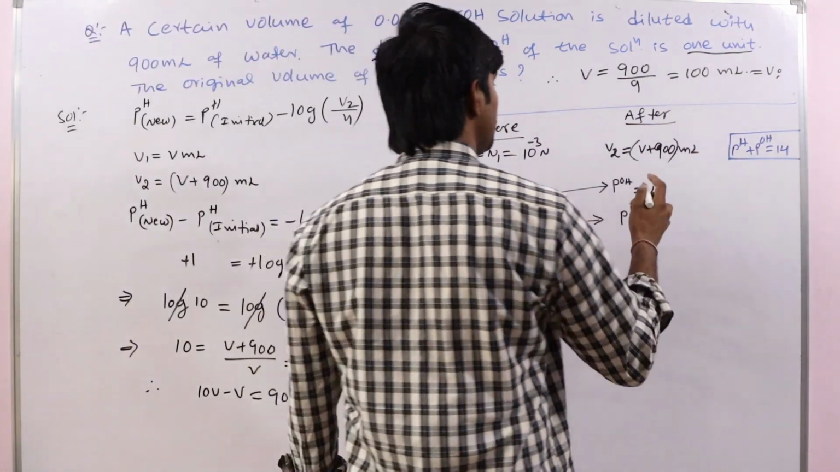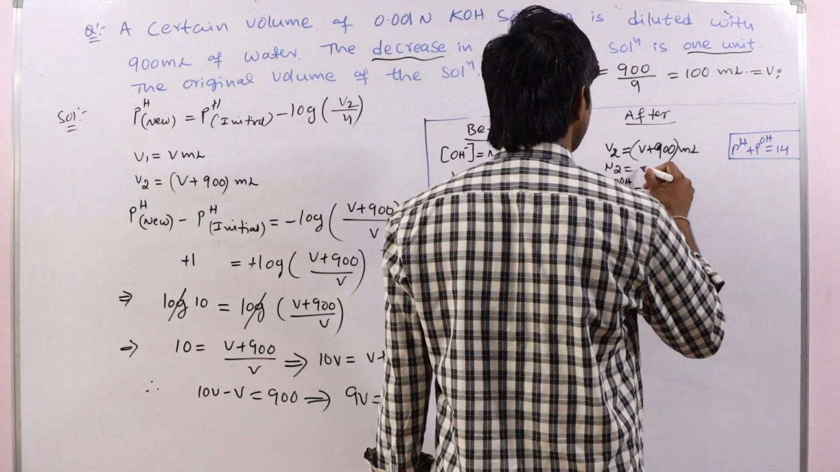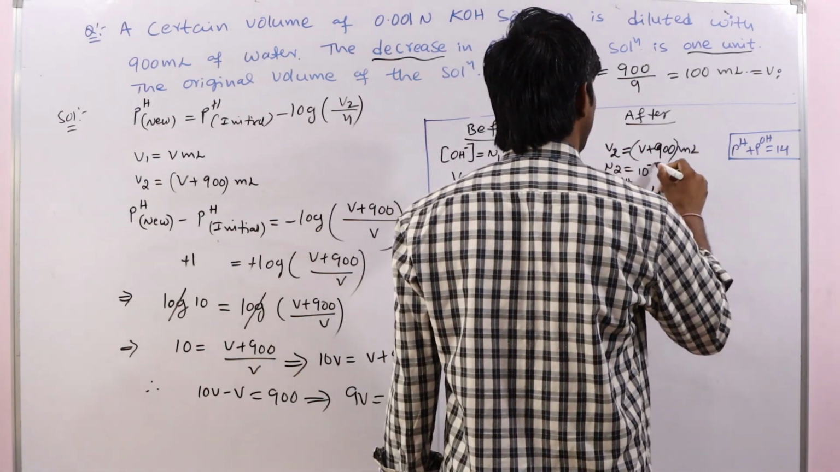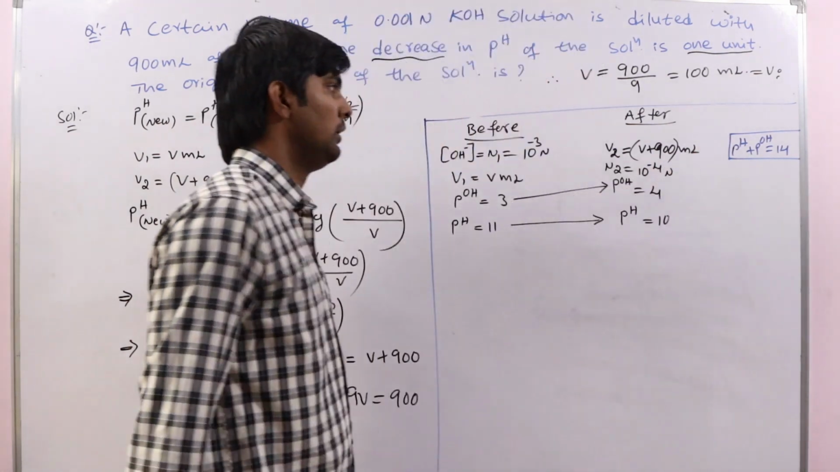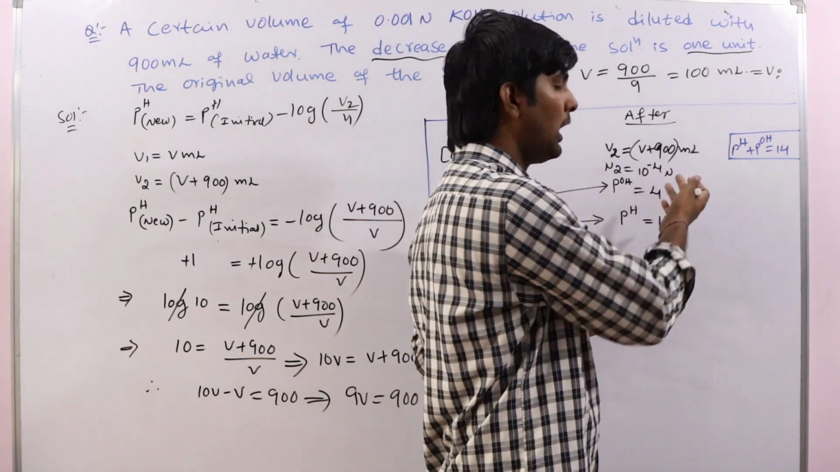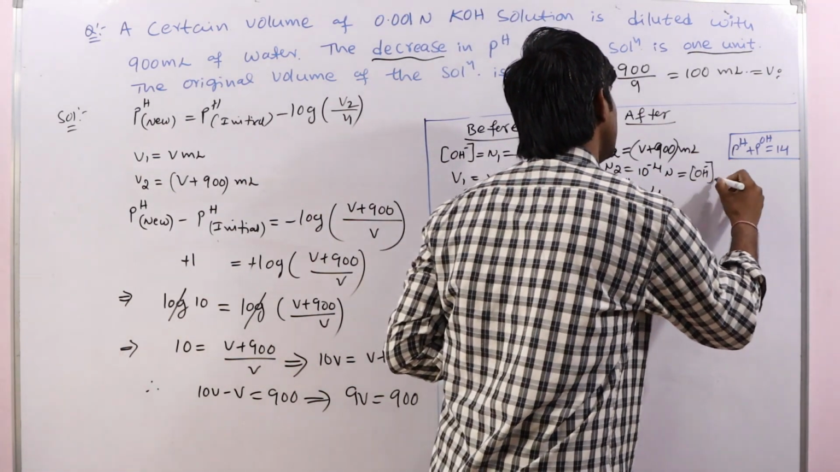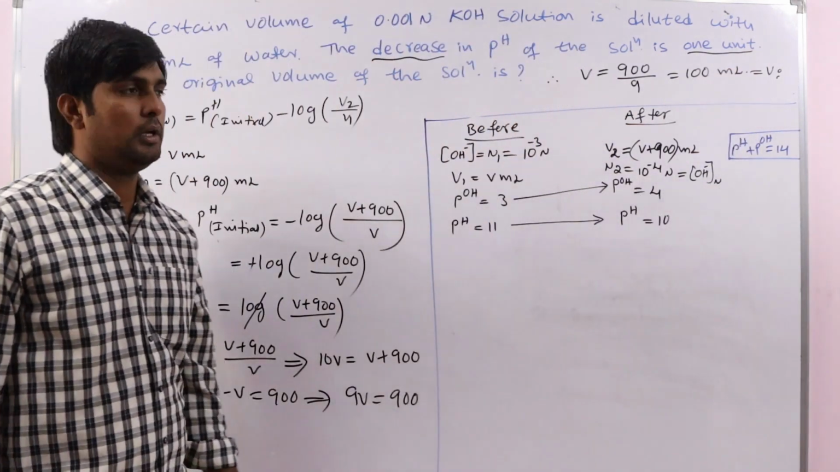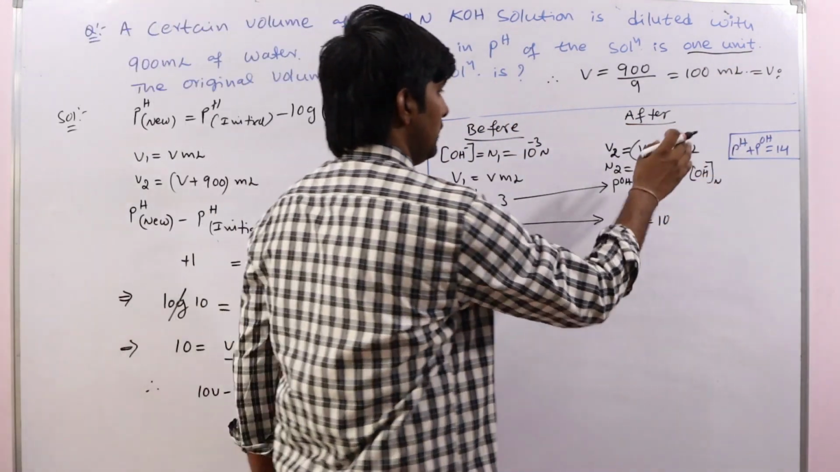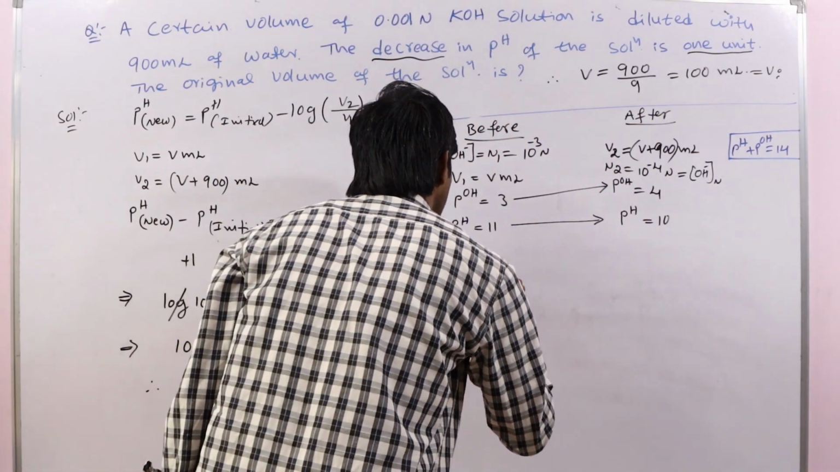So pOH is 4 means concentration will be 10 power minus 4 normal. Yes or no? N2 equal to 10 power minus 4 normal, right? Minus log OH minus equal to, this is nothing but the OH minus ion concentration after dilution. Okay, clear? So now from the law of dilution,